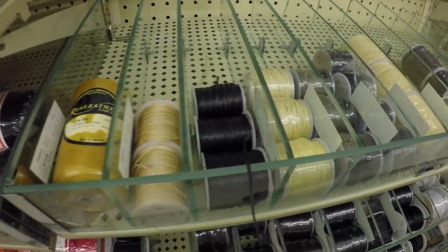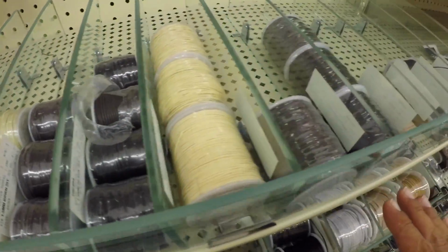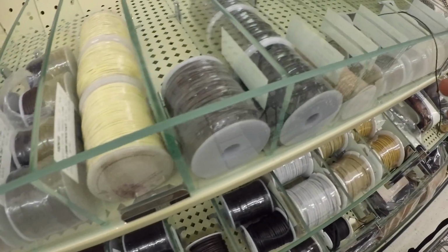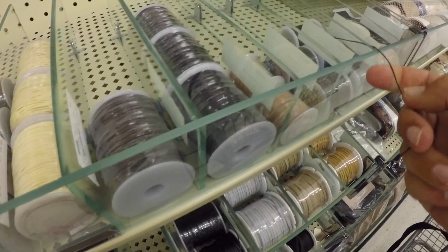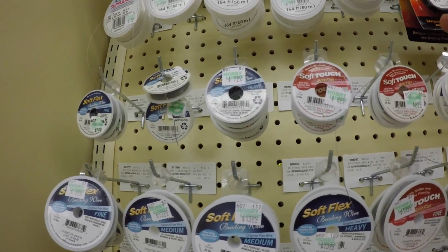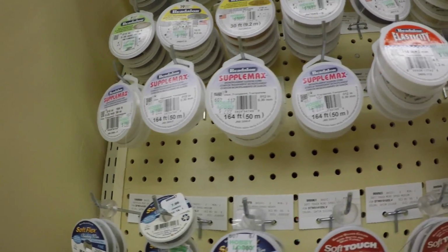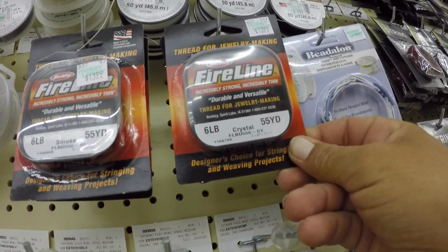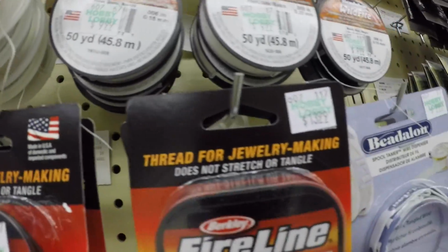All sorts of different strings and yarns, leather. Can I make fishing line out of some of this stuff? I wonder how strong this is. This is the stuff they're using to make necklaces and bracelets and things along those lines out. Look at Berkeley Fire Line. I mean, that's an actual fishing line. Now this one says thread for jewelry making,